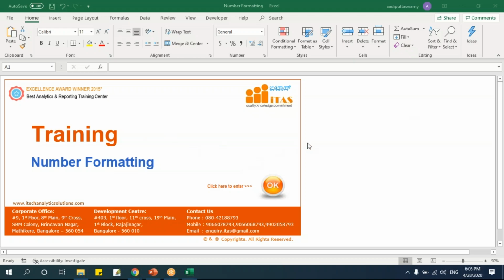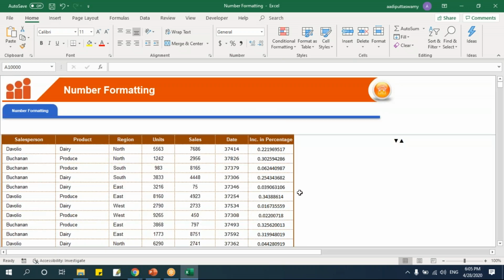Number formatting. If you remember in our previous session, when we used the text function, I told you I'd give you more inputs on text formats in the number formatting session. So this is what we are here for now. Number formatting means changing the view of your values, or the text, or what you see in a cell. Let's go inside here.